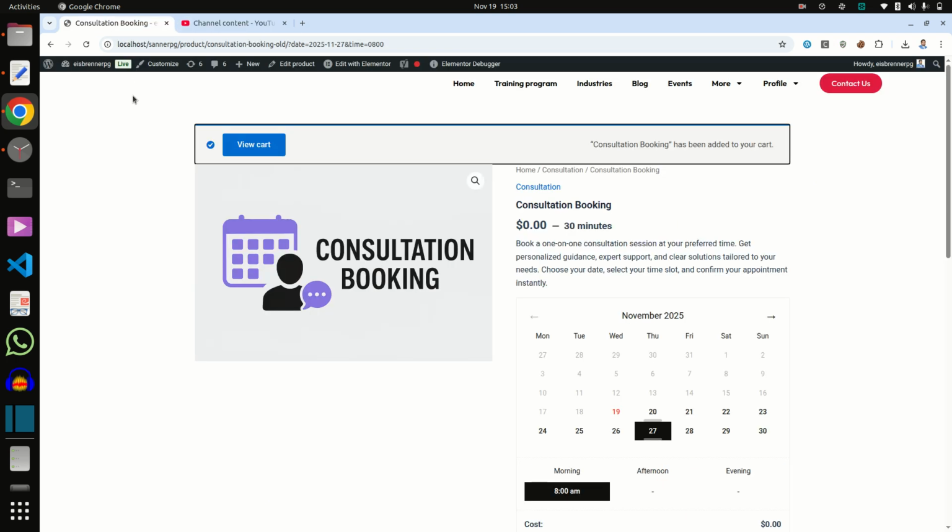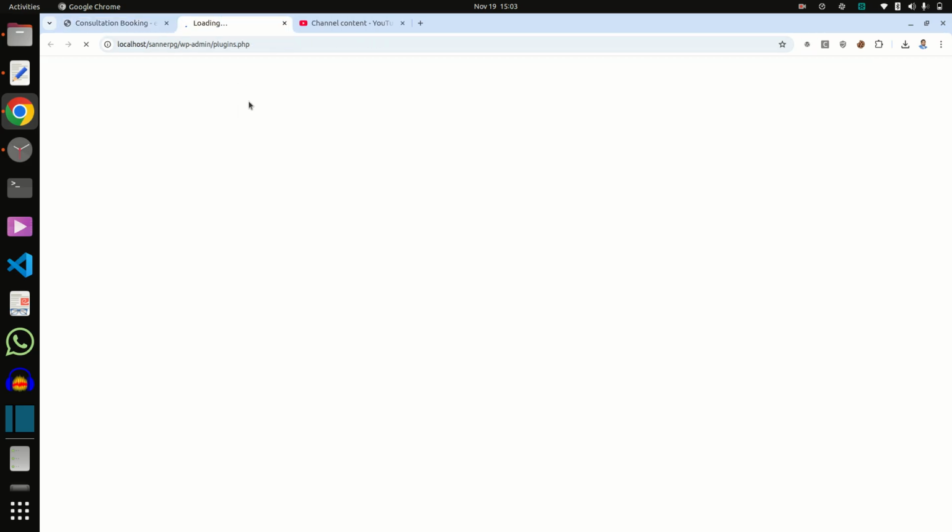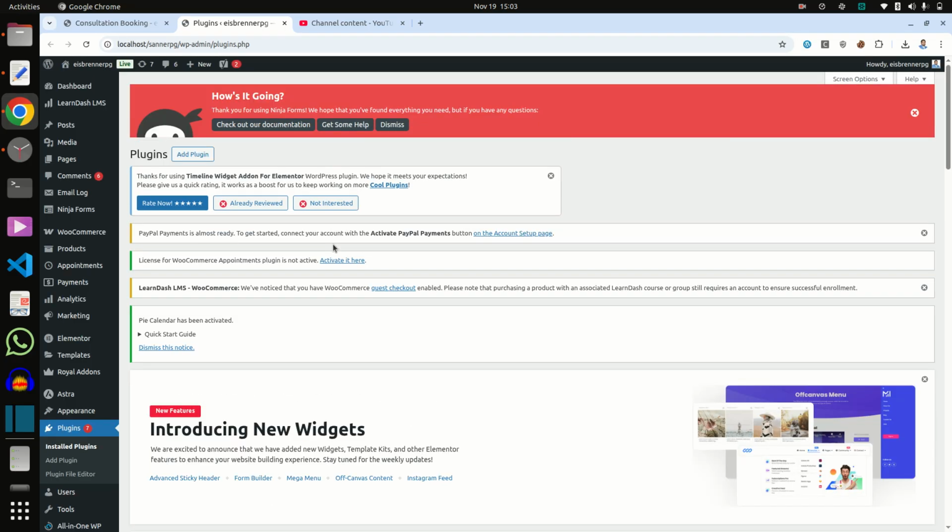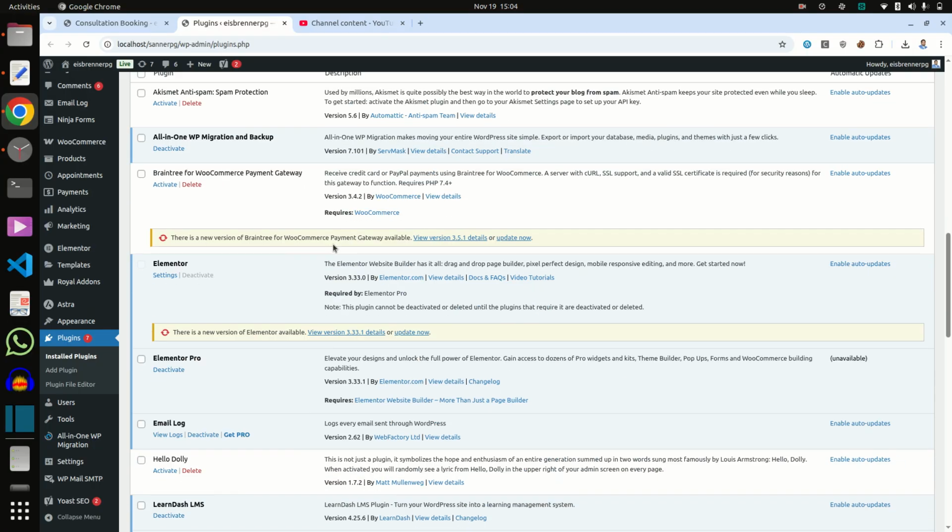So in step 1, install the required plugin. So I just go to plugins, and I am in the plugin section. Now we first need the right plugin. I am using WooCommerce